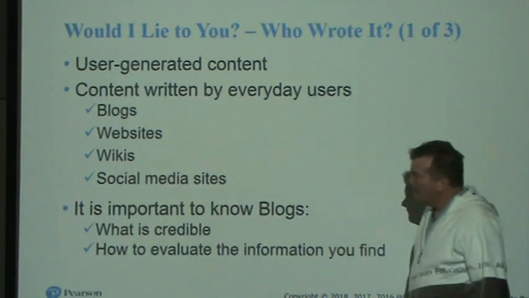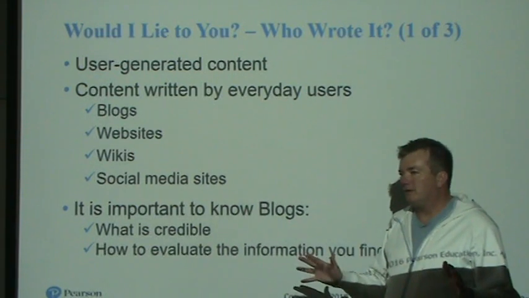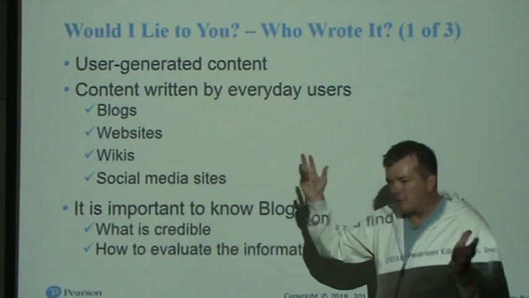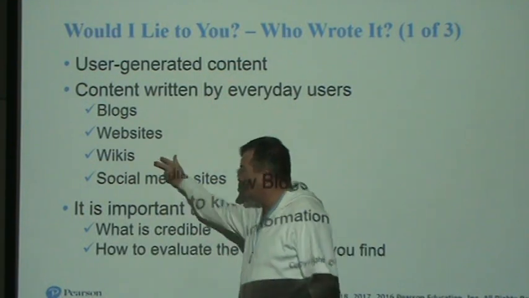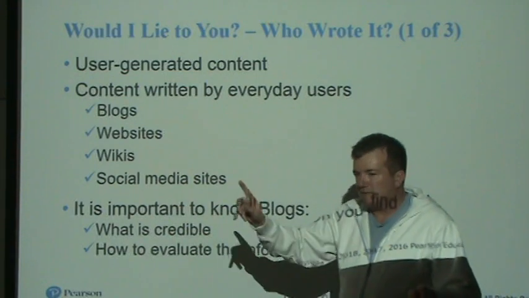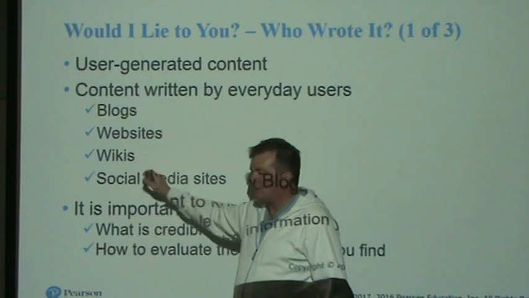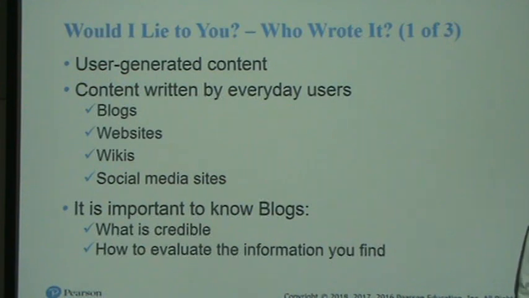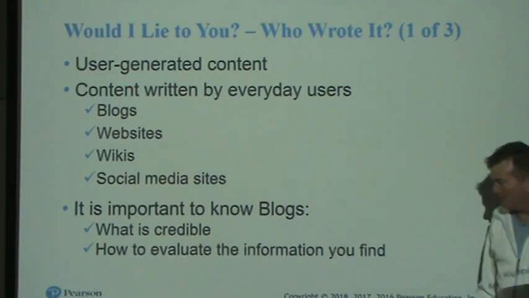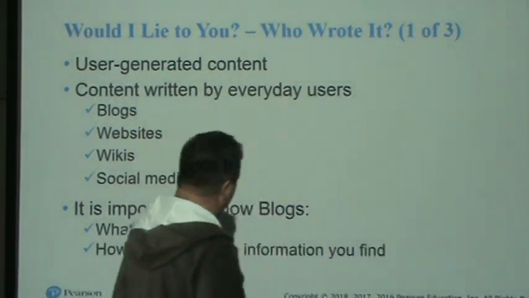So wikis are, what would be the best way, peer-reviewed. Somebody who's an expert in the field of biology gives the definition of an amino acid, and then other biologists say, yeah, this is correct, or this is not correct, and they can blog about it for a little while. Eventually they resolve it and maybe change the definition, and it gets a little bit better. So wikis could be a little bit more reliable than a blog where anybody can comment.